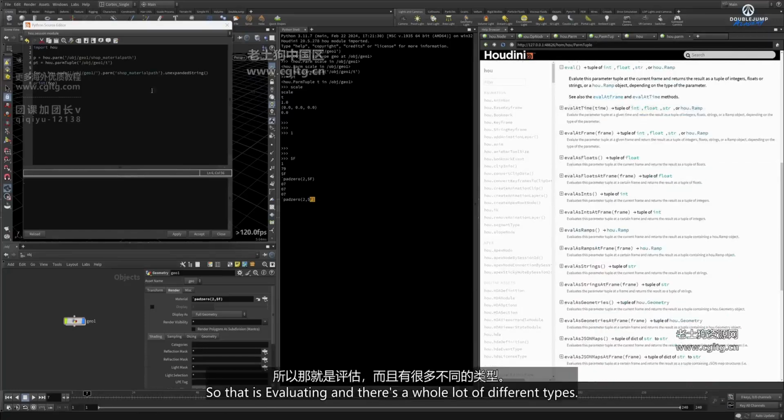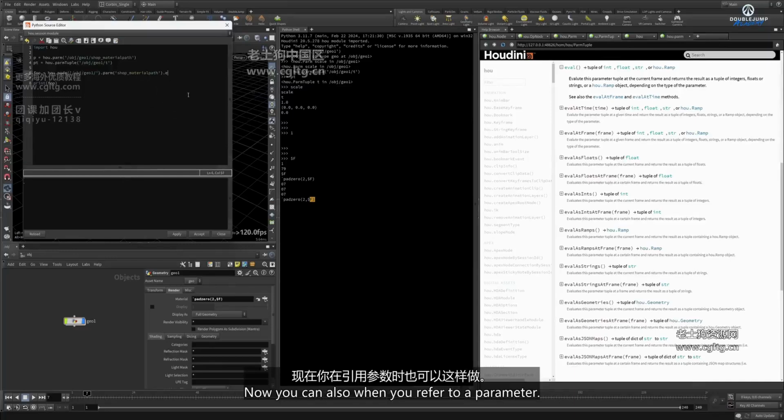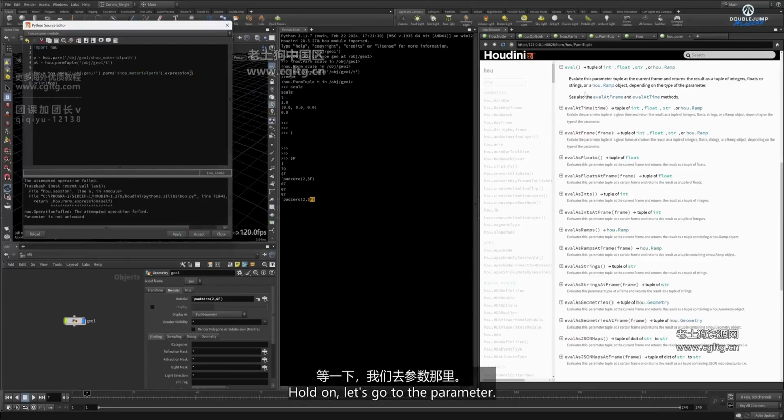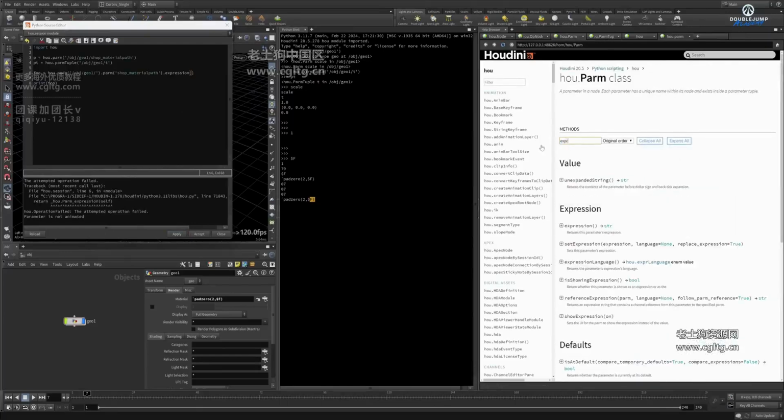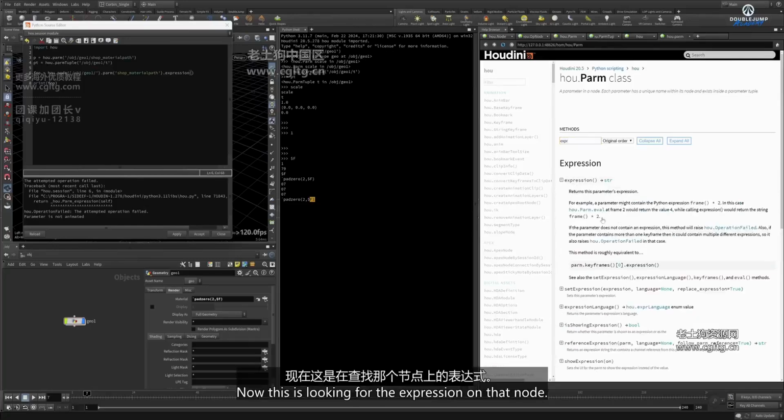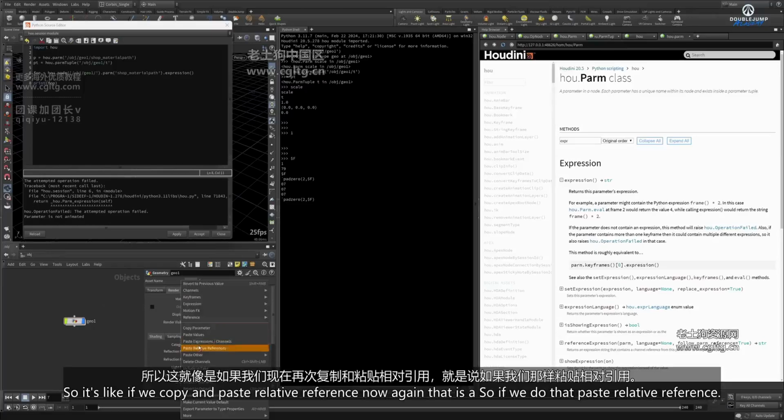Okay, right, so that is evaluating, and there's a whole lot of different types. Now when you refer to a parameter, you can also ask for the expression. All right, oh, hold on, let's go to the parameter. Look at expression. Now this is looking for the expression on that node. I think in this case these types of inline things don't count as an expression. It's more that if you have something that's referencing, so it's like if we copy and then paste relative reference,